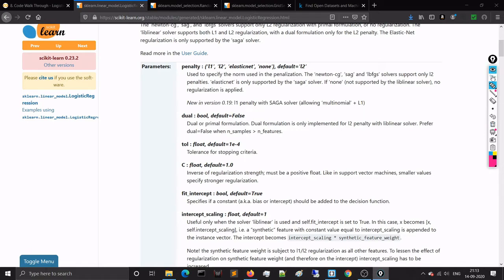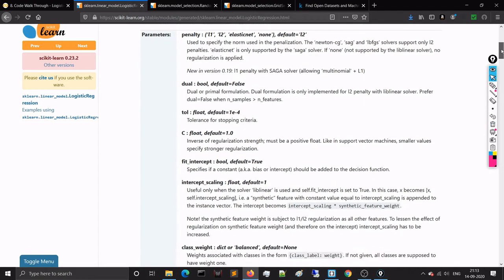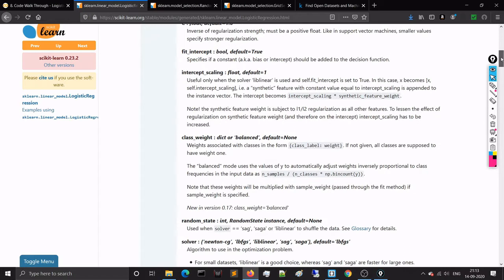The next parameter I want to show you is class weight. While doing classification, I told you that in the real world there might be class imbalances. Say you are doing a binary classification problem with 1,000 data points, out of which 800 belong to the positive class and 200 to the negative class.